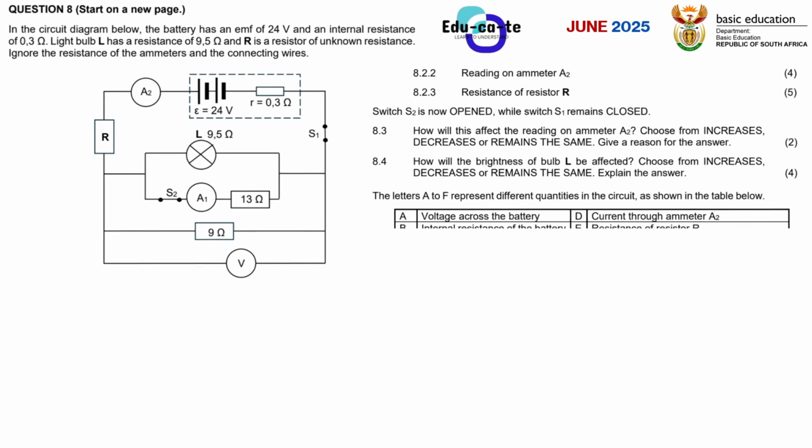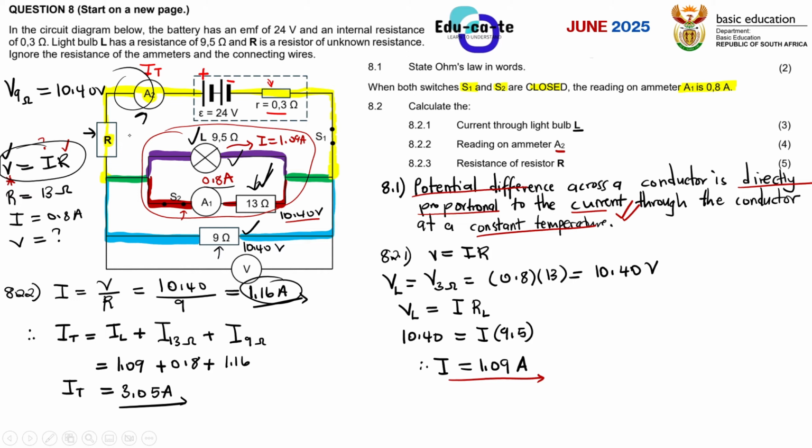Just from seeing here, remember that the resistor R is receiving the total current. So we say that this resistor is in the series part of the circuit. Everything that is receiving the total current, we say it is in the series part of the circuit because the current has not been divided as of yet. So what we can attempt to do here is find the voltage through this resistor R. The voltage through the resistor R is definitely not going to be the same as the EMF. But how can we figure that out?